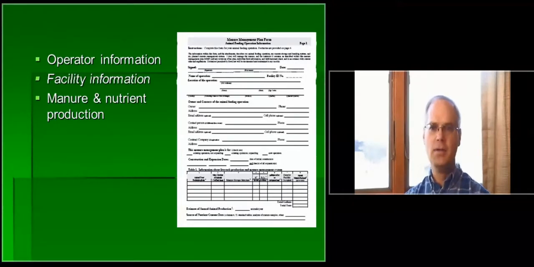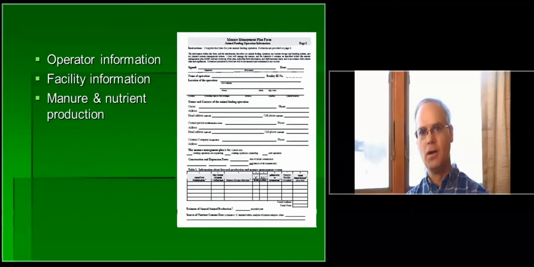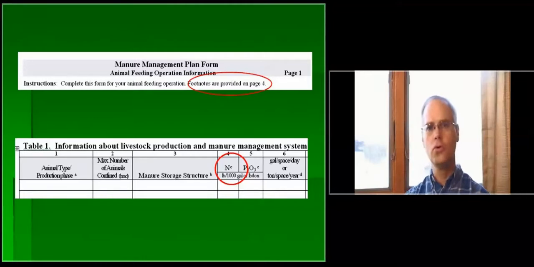For the class assignment, just some basic information for your own farm operation. Try to fill out as much as you can here. I know some of this stuff you aren't going to be able to fill in on this front page. You definitely need to fill out the bottom part there, and that's explained in the assignment, how to fill that out. As you go through the spreadsheet, they do have footnotes, and you'll notice, for example, here under column 4,